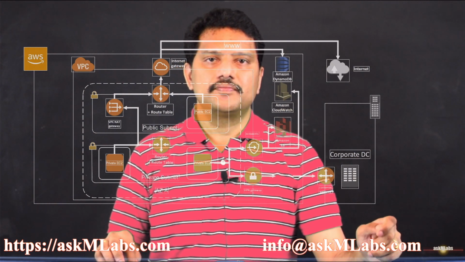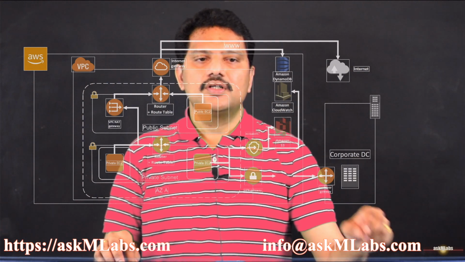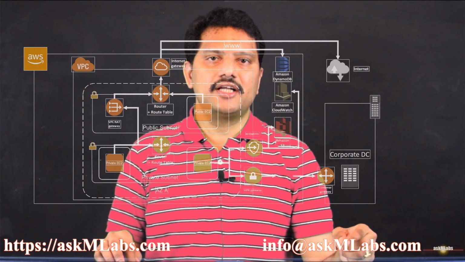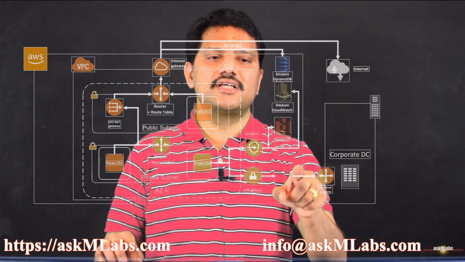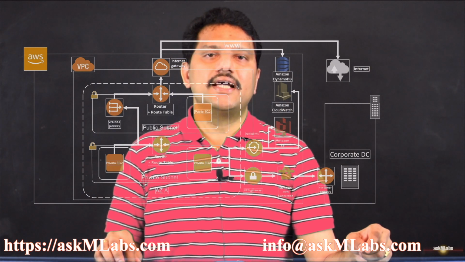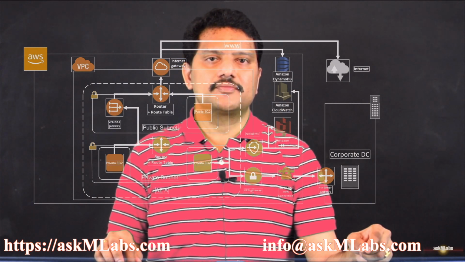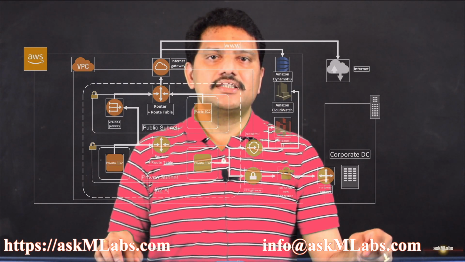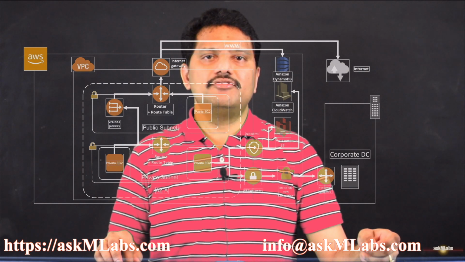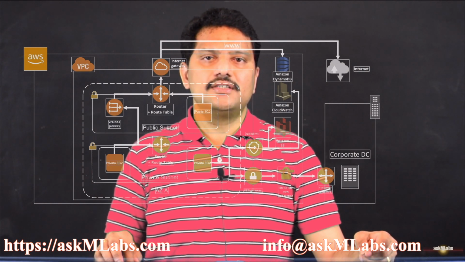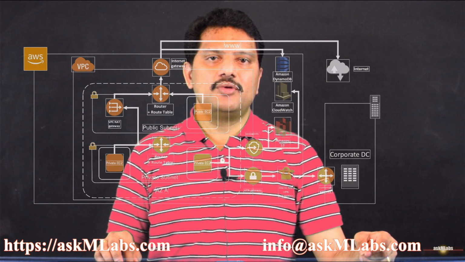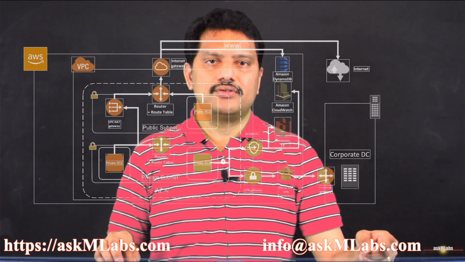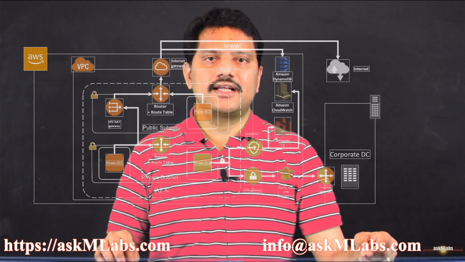Those are the direct connect gateway. So for an on-premise data center to talk to the cloud, there is a separate gateway provided. Instead of this VPC site to site, we have a direct connect gateway provided by AWS. The next one is the egress only internet gateway. Egress only internet gateway is nothing but a NAT gateway. The only difference between these two is that egress only internet gateway is applicable only for IPv6, but NAT gateway only works with IPv4. Last but not the least, the transit gateway.